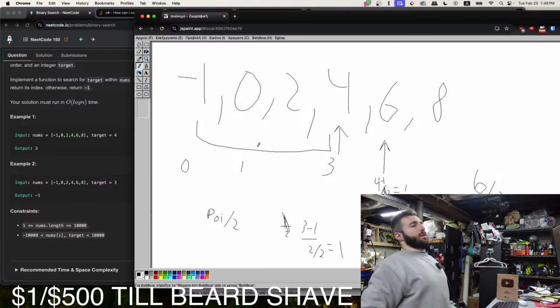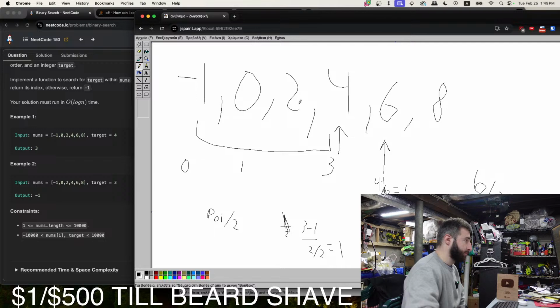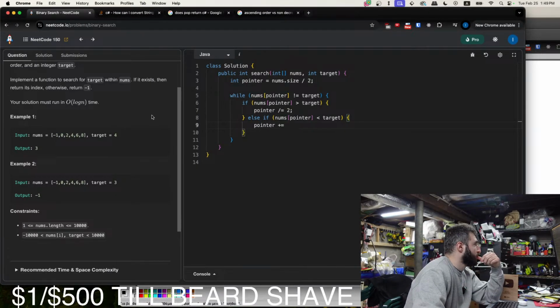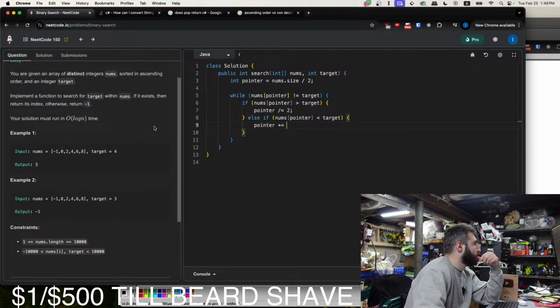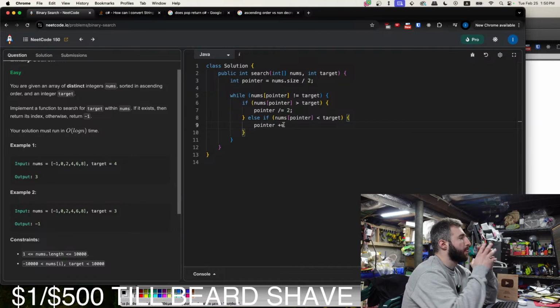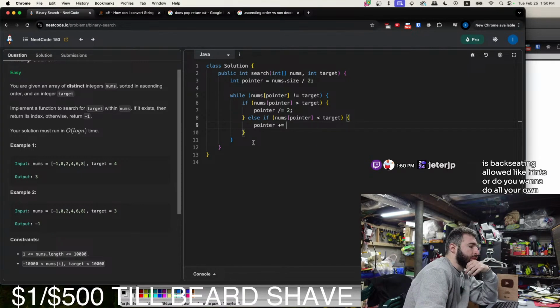Oh my god. Probably an easy way to do this with recursion.